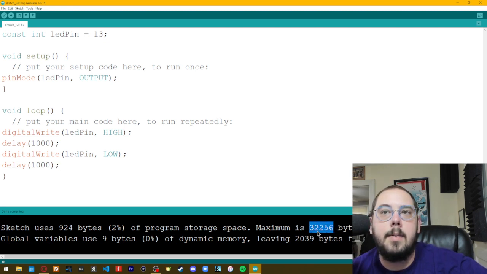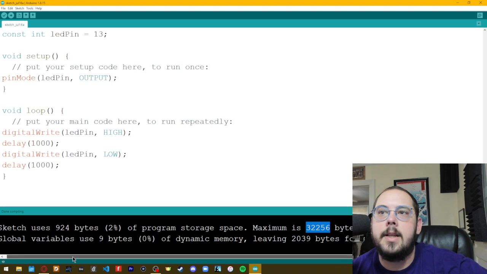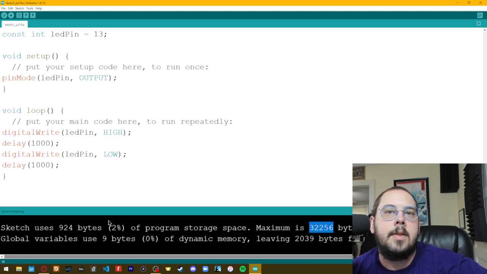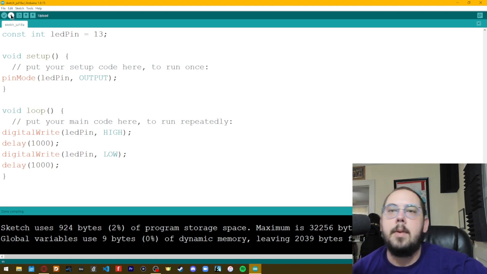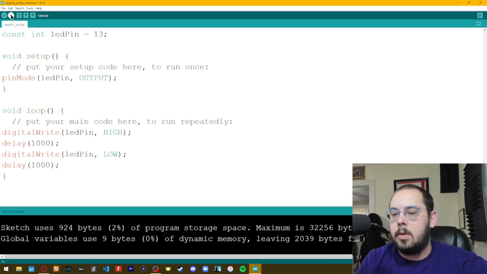32 kilobytes. Yeah, 32K. So that's not a ton, so just be aware of that. You can't have these massive codes. But anyways, once you've done that, you hit upload, and it will verify it, and it will send it to